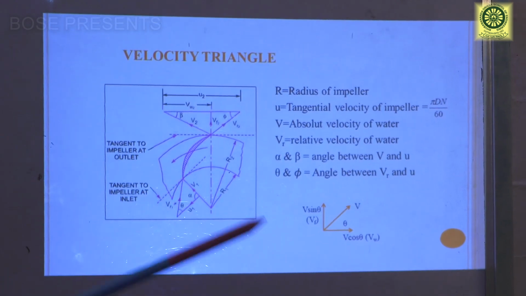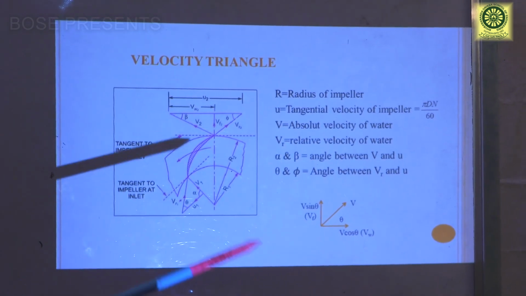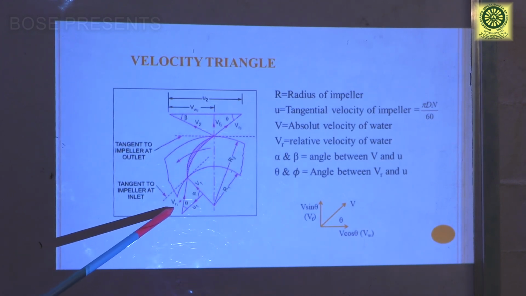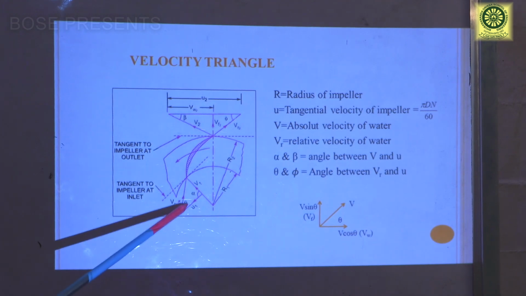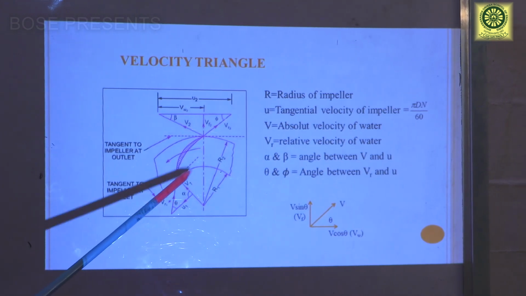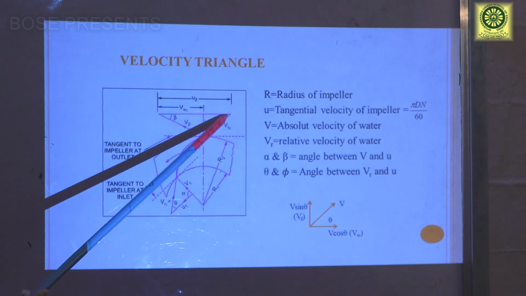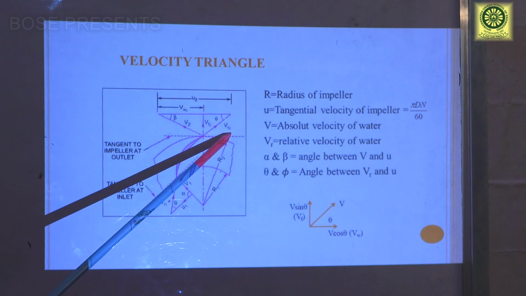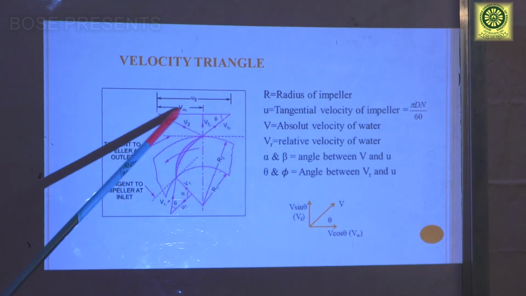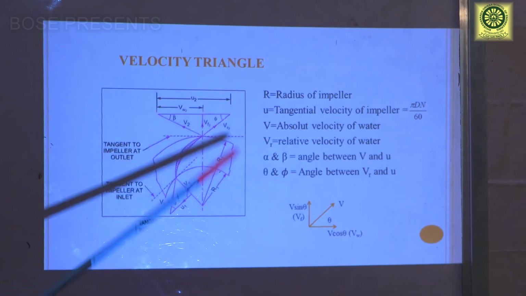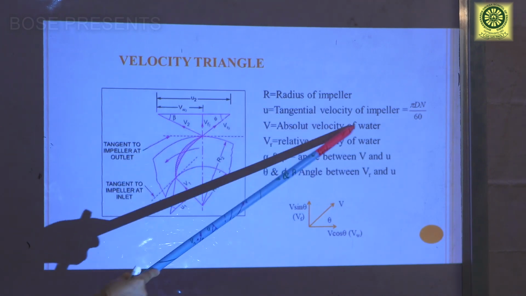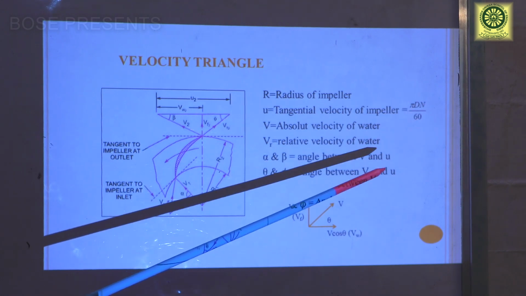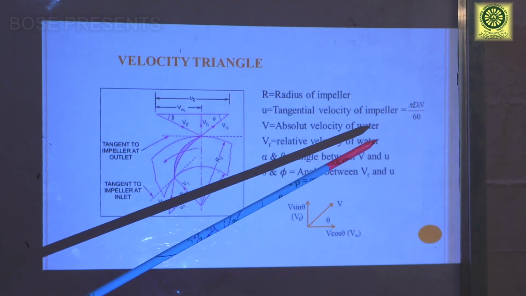So the water will actually enter inside the impeller with the relative velocity of U1 and V1, which we call VR1. It is entering with a relative velocity of VR1 here. Again it will leave with a relative velocity of VR2 over here at the outlet. Again here also, in the direction of the tangent, we will have the tangential velocity of the impeller in this direction. Now the tangential velocity we can note as pi dN by 60, where N is the rotation RPM, rotations per minute of the impeller.